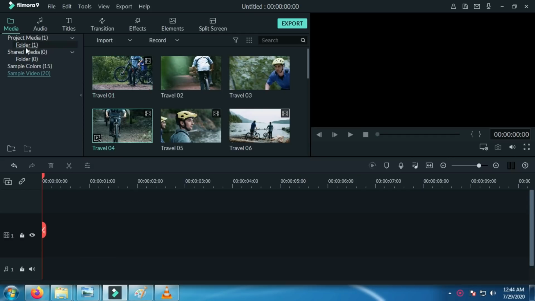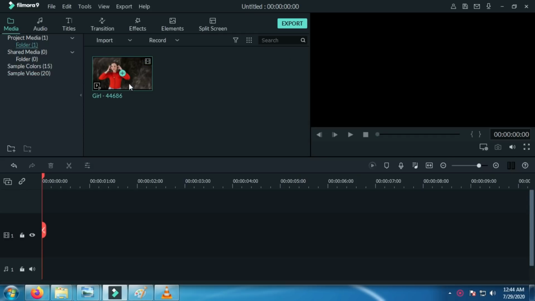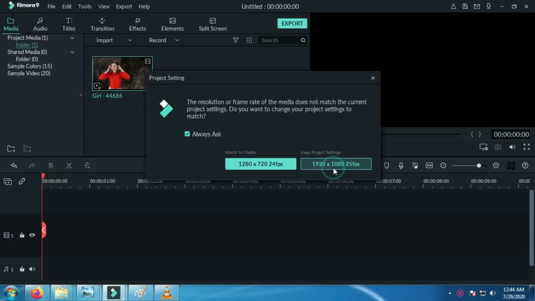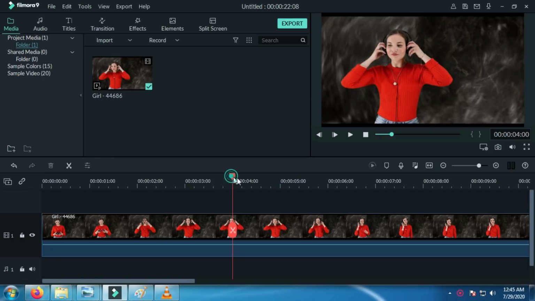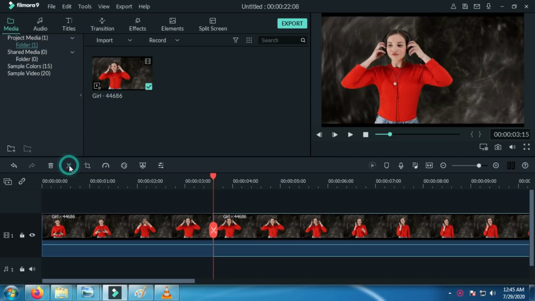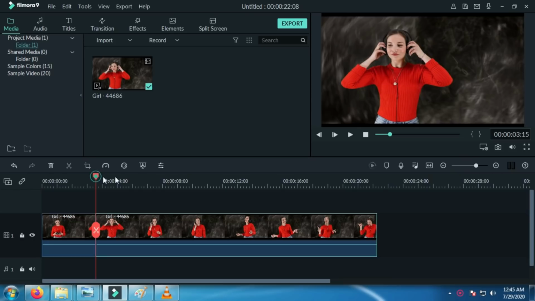Next I'm going to show you fast and slow motion. Let us see how to play a video in fast and slow motion. First import the video. I am importing this one. Drag and drop this to this working area. Select the part of the video that you want to play fast. You decide which part you want to play fast or slow.